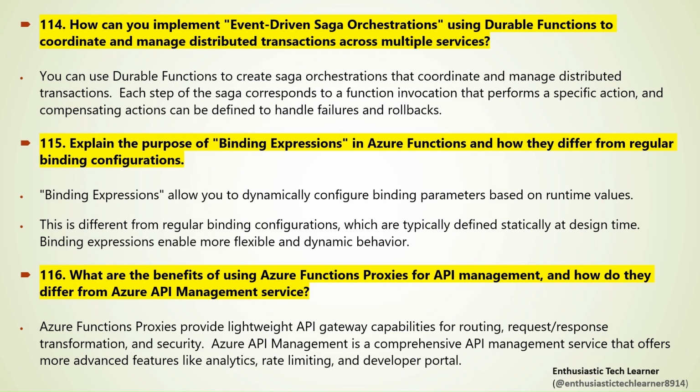What are the benefits of using Azure Functions proxies for API management, and how do they differ from Azure API Management Service? Azure Functions proxies provide lightweight API gateway capabilities for routing, request/response transformation, and security. Azure API Management is a comprehensive API management service that offers more advanced features like analytics, rate limiting, and developer